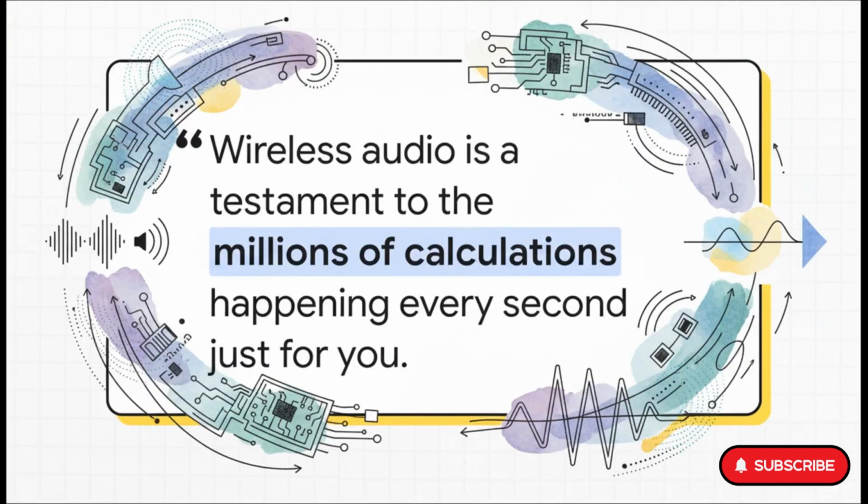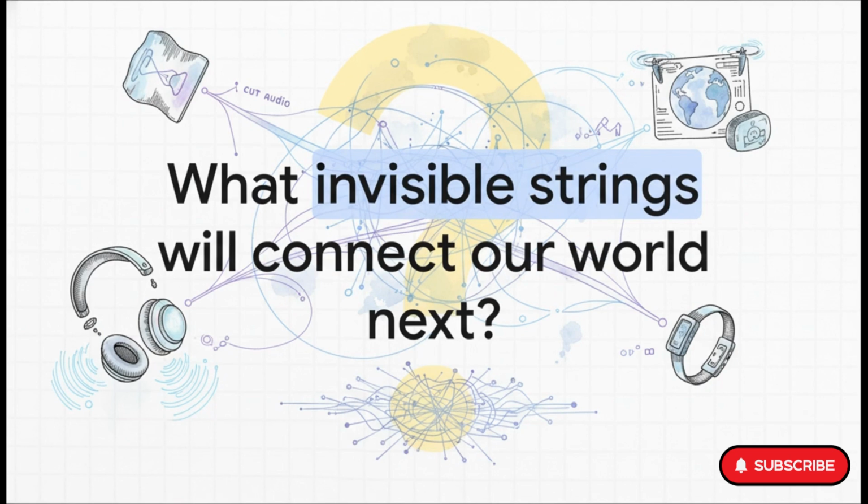So really, the next time you put in your earbuds and press play, just think about that for a second. This whole silent, invisible symphony of engineering that's happening, from turning sound into numbers, to shrinking it down, to hopping it across the air thousands of times a second, millions and millions of calculations are happening, literally in the blink of an eye, all just for you. It's pretty amazing. And it kind of makes you wonder, doesn't it? We've completely cut the cord on audio. So what other invisible strings are engineers working on right